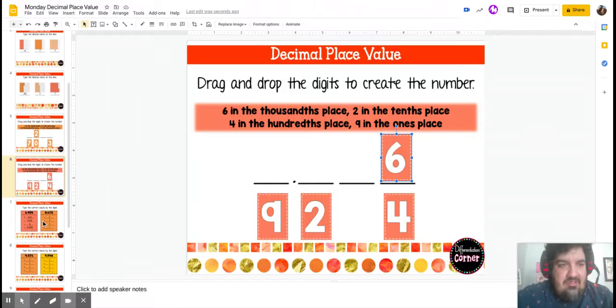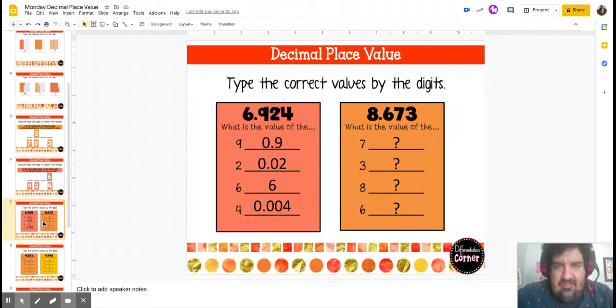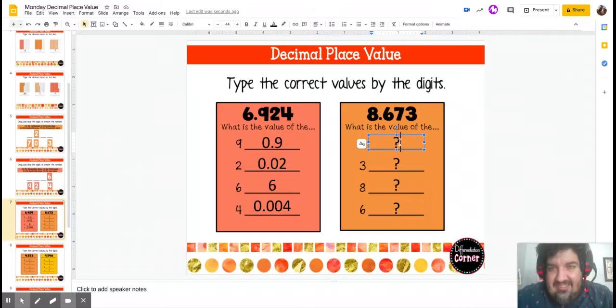Keep it going. On page 7, you're looking at the digits, to see how much each digit's worth. So the 7 is in the wholes or the ones place. Tenths place, hundredths place. So that 7 actually equals 7 hundredths. That's all you've got to do. Where's the 3? Tenths, hundredths, thousandths. So guess what? It'd be